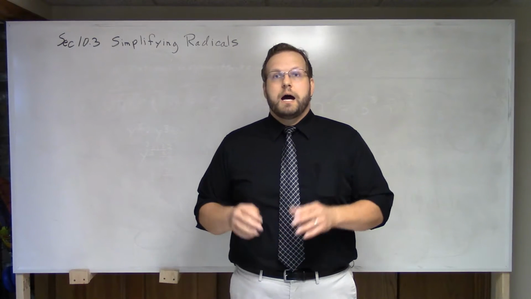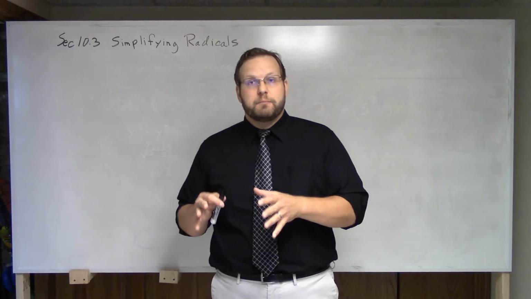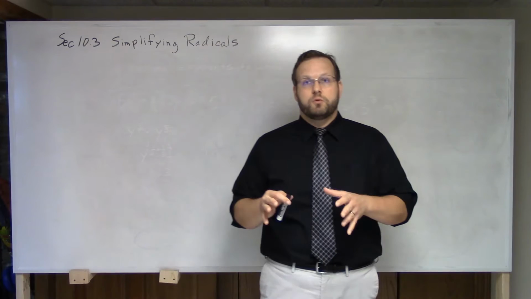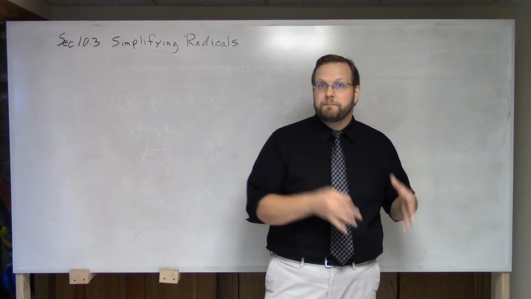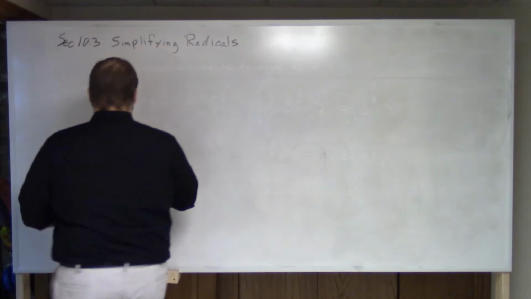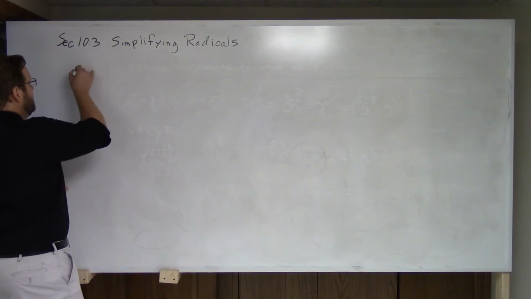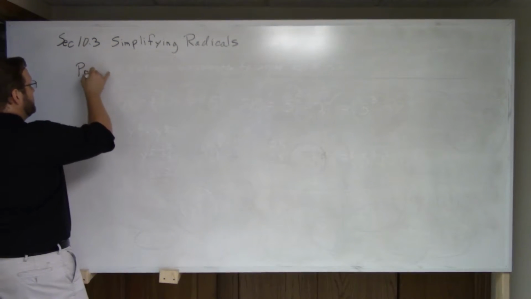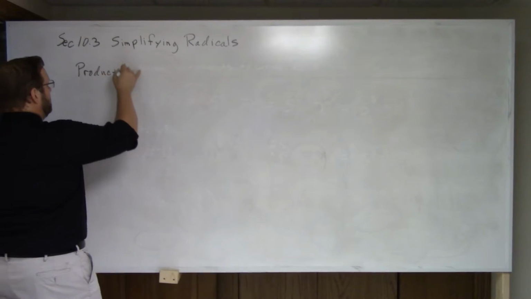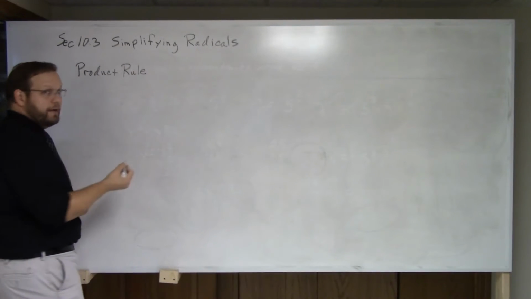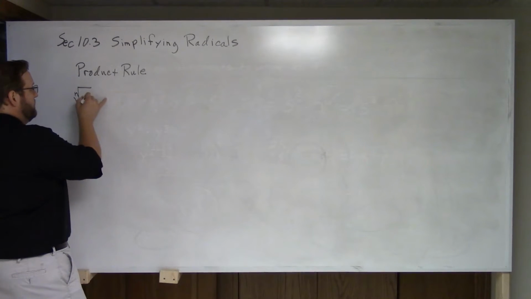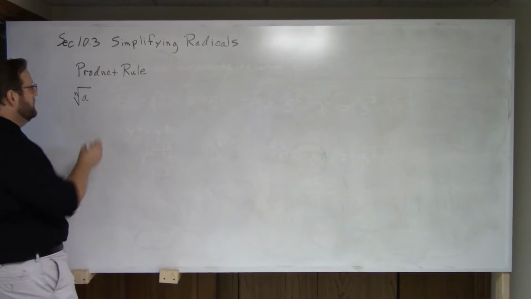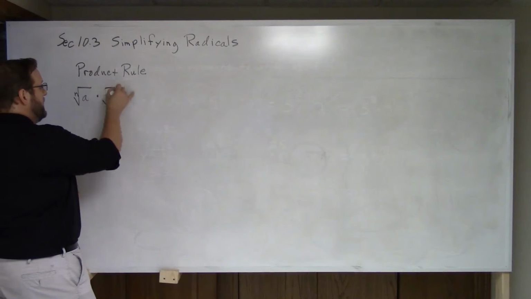Okay, so before we get into actually simplifying them, we are going to look at a couple of rules that we need to know in order to carry out that simplifying procedure. So let's start off with those rules. First rule is the product rule for radicals, which states if I have an nth root of a, some kind of radicand, times the nth root